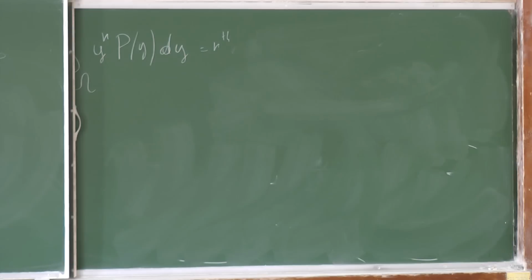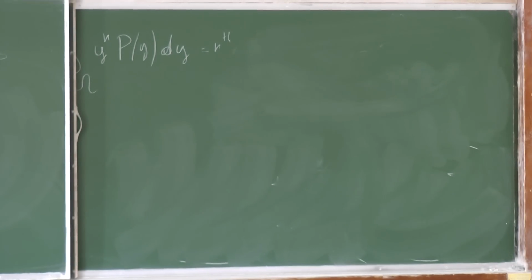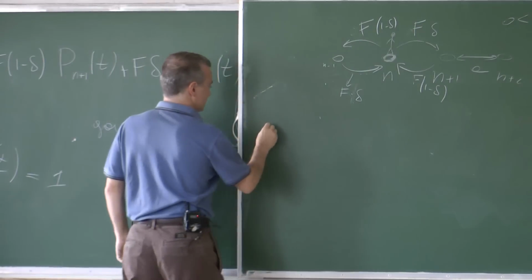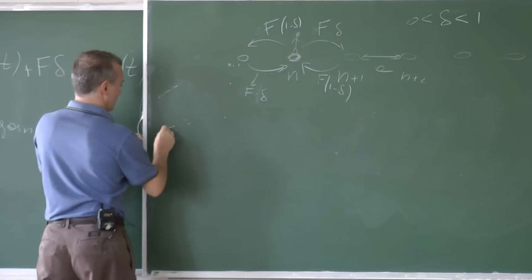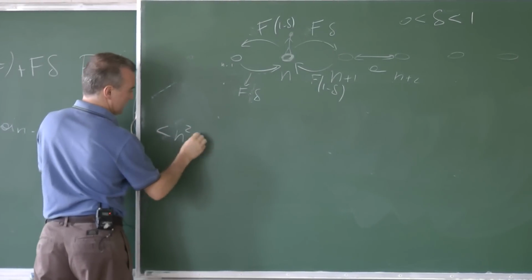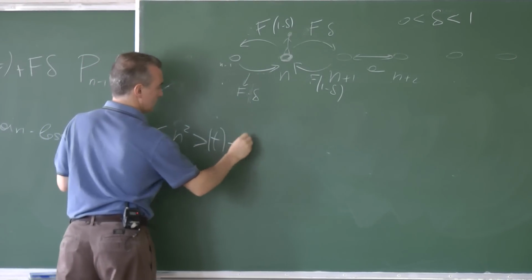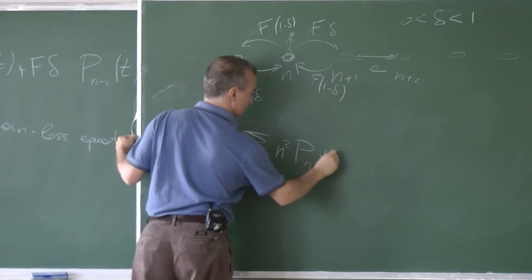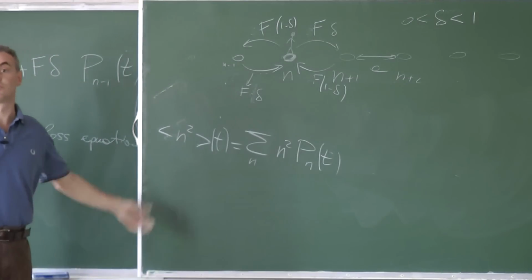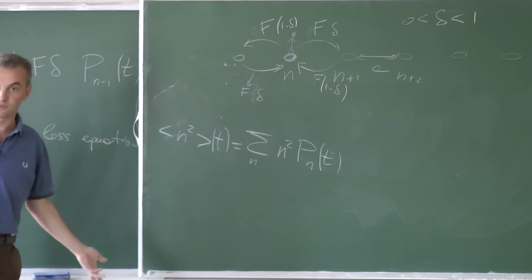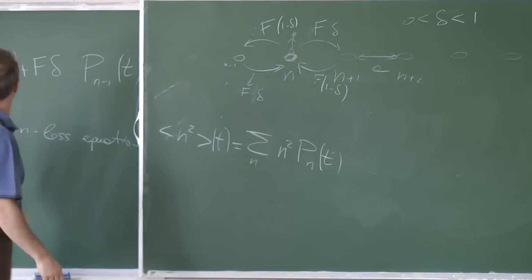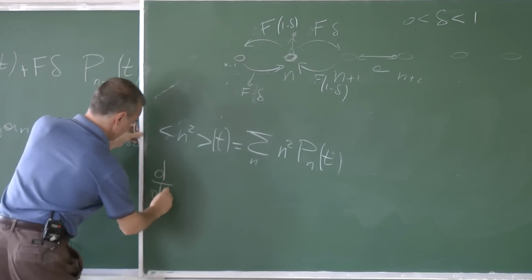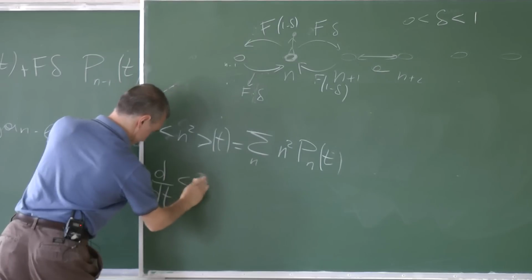So now we are interested in the second moment, which is the mean square displacement. I've talked to you about this a lot yesterday. So what is a second moment? Let's define it as the average of n squared over time, which is the sum over n of n squared Pn of t. Now, of course, you understand what you need to do. You just multiply by n squared on the left and right, and you sum over n. So if you do it, you get the derivative in time of n squared